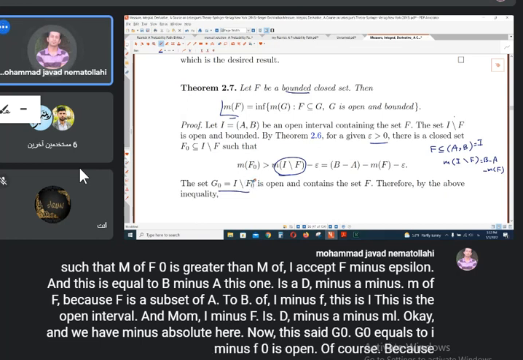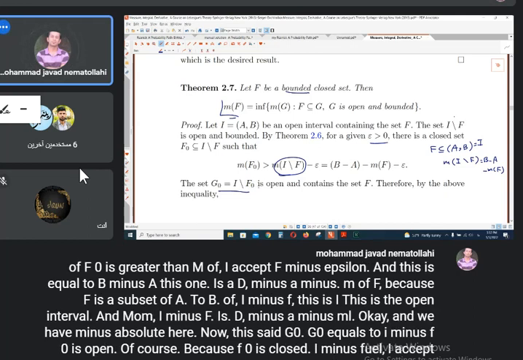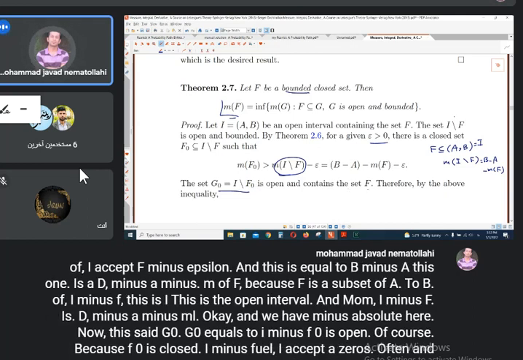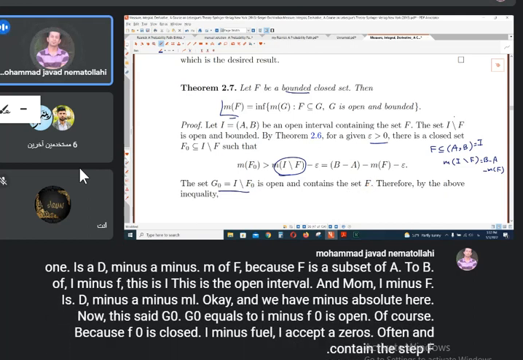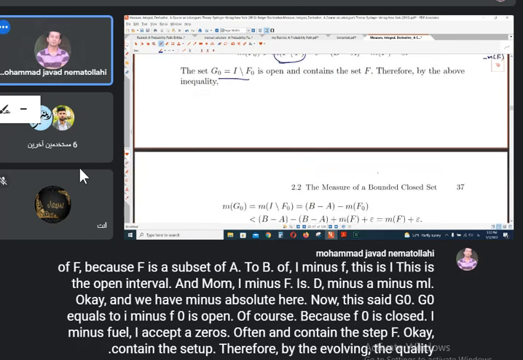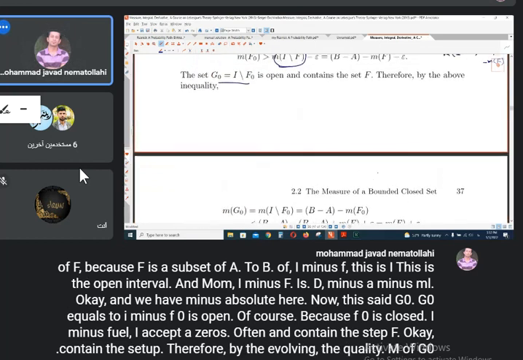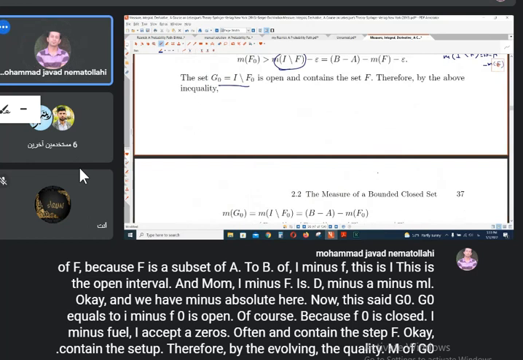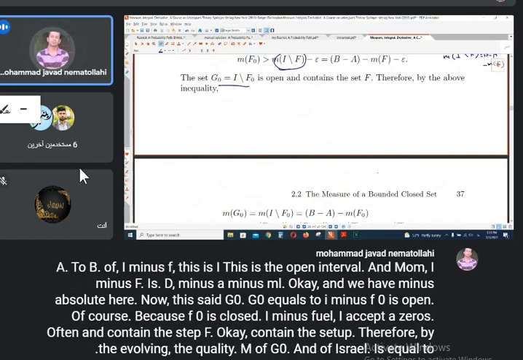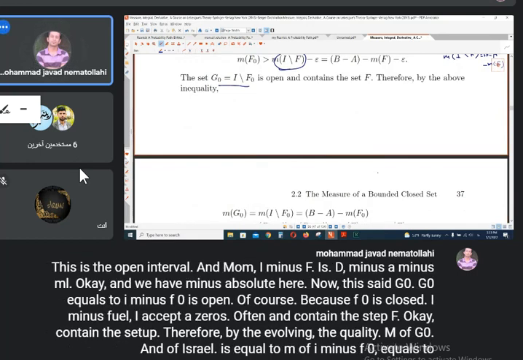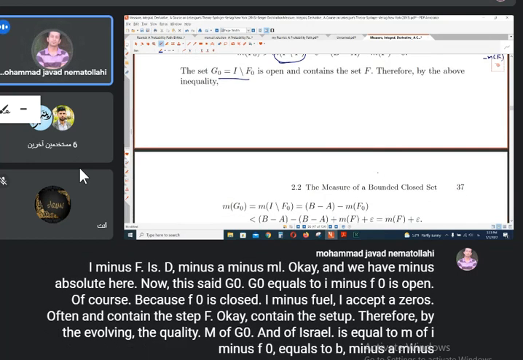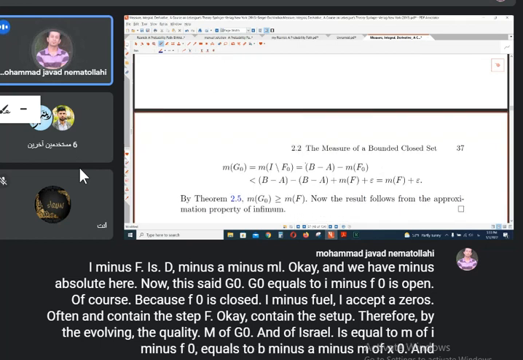Because F0 is closed, I except F0 is open and contains the set F. Okay, contains the set F. Therefore, by the above inequality, M of G0 is equal to M of I minus F0, which equals B minus A minus M of F0,